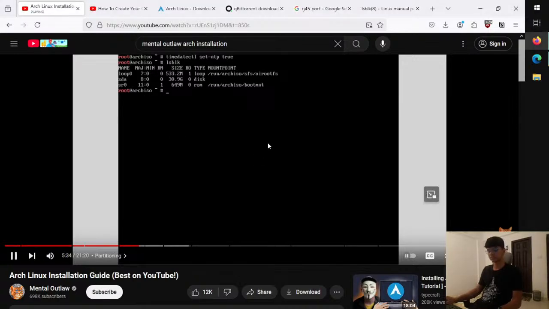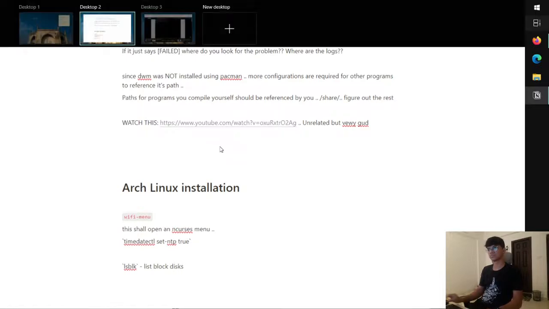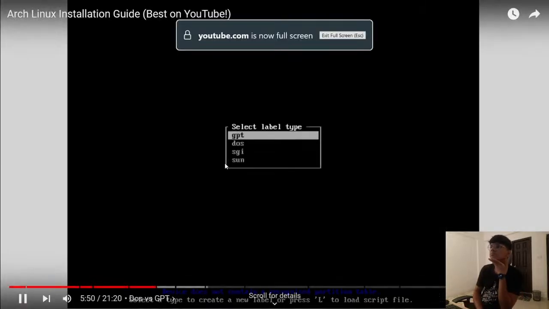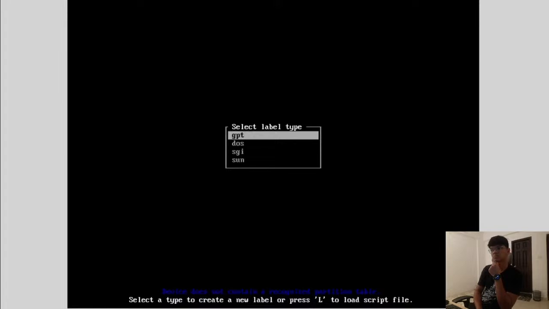I already know that SDA is the disk that I want, so it should also be the same disk for you if you're following along in VirtualBox. So I'm going to run cfdisk /dev/sda. And the first thing we need to set is the label type. Now this confuses a lot of novice users, but I'll give you the most straightforward explanation I can. If you're installing Arch to a newer physical system, meaning not a virtualized environment like this, and the disk you're installing to is larger than 2 terabytes, then you'll want to use GPT. If you don't have both of those conditions in your computer,